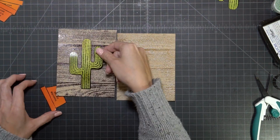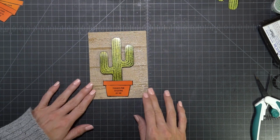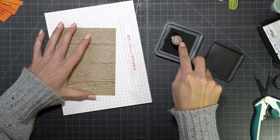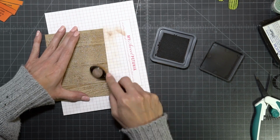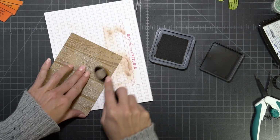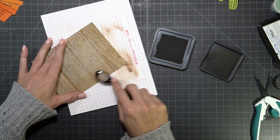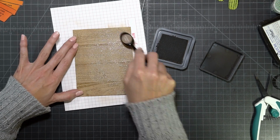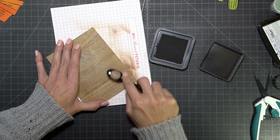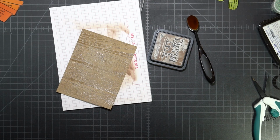Now I'm going to see which one I like the best, and I kind of don't really like the dark one, so I'm going to go with this other panel that I stamped out, and this panel was just with some embossing ink with some icicle embossing powder, but I do want it to look a little bit more aged, and so I'm just taking some distress ink, and I end up using 3 different kinds of distress ink. I am using walnut stain, ground espresso, and gathered twigs, and so I'm just playing around with the look of